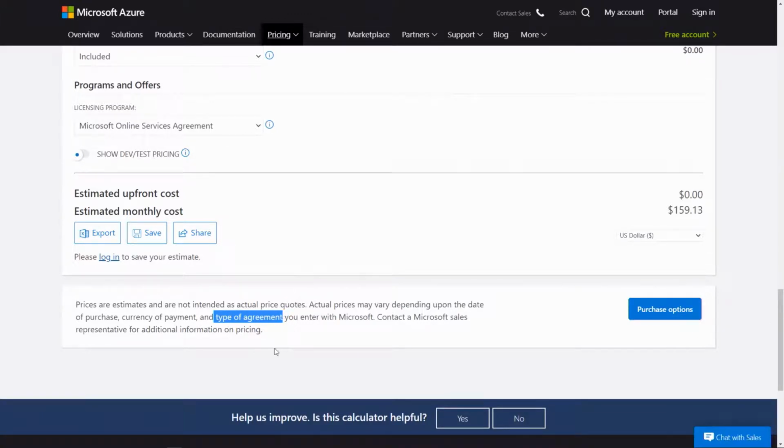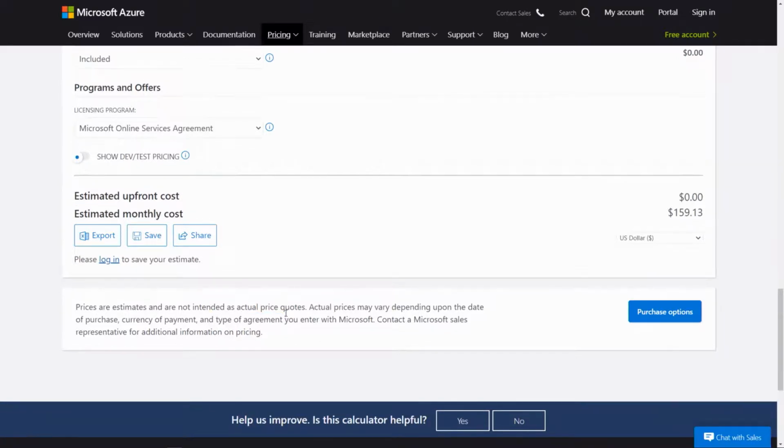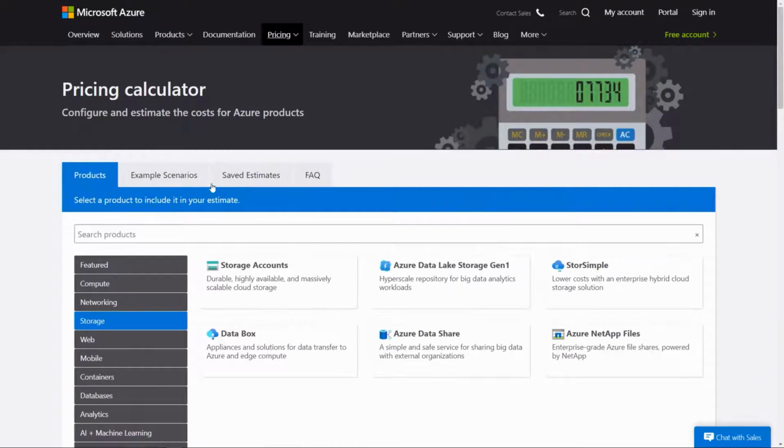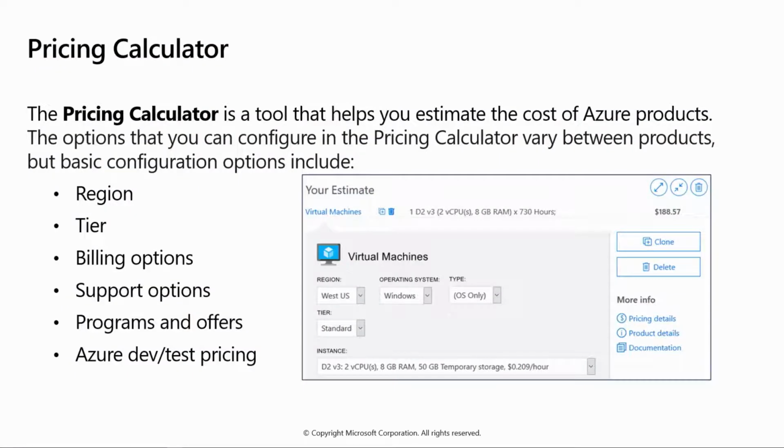Are you working with a cloud solutions provider? So again, all of this is going to just be an estimate. You can work with your Microsoft rep to get a more clear estimate or a better, more specific quote. All right. But this is a really great tool if you're curious about roughly how much that is going to